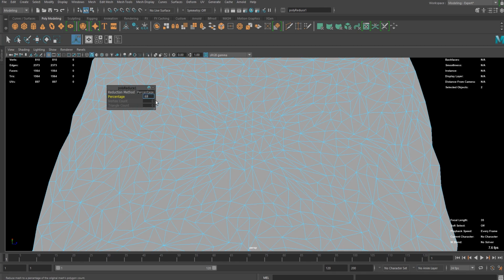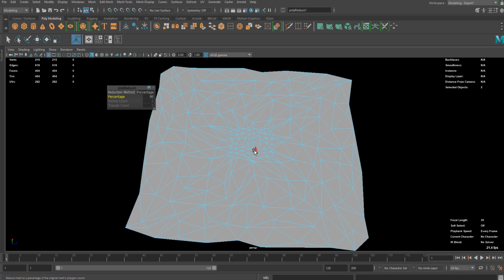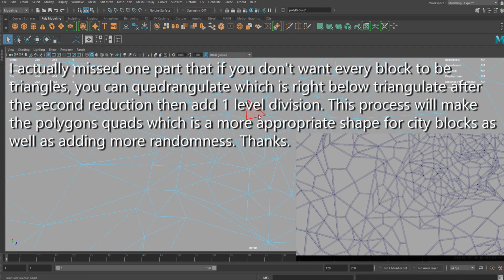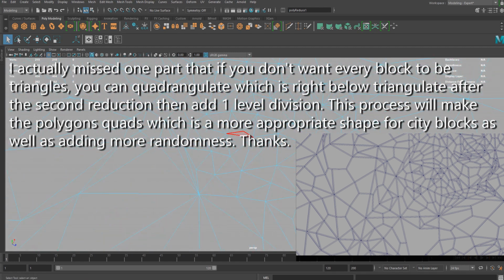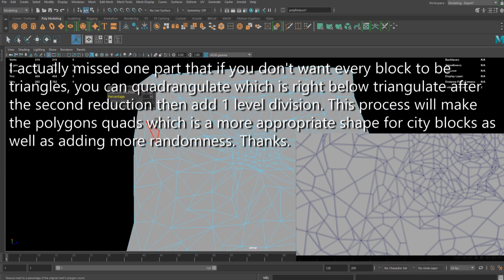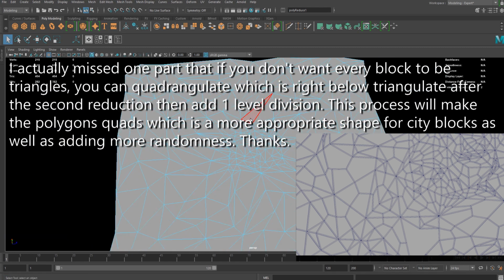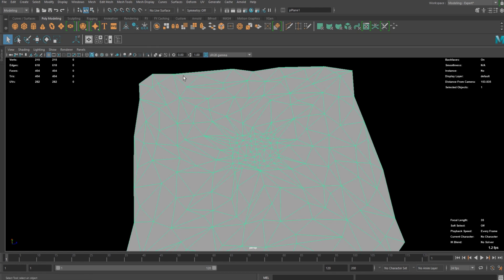This time I'm going to reduce a lot more than before, like 90%. So the polygons are more condensed in the center, like a city center. Yeah, and then we're pretty much ready. I think it'll work. So once you're done, again, I'm going to exit the face selection mode and select the object, clear the history,